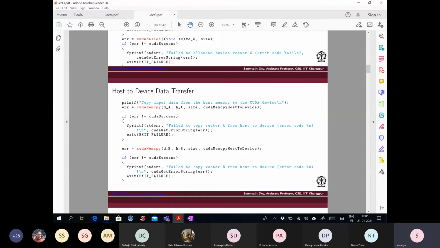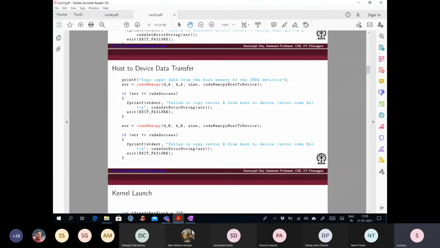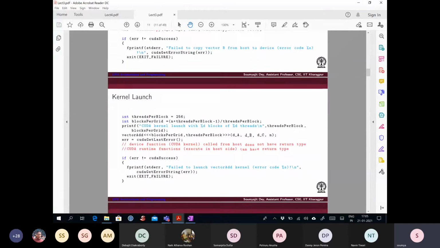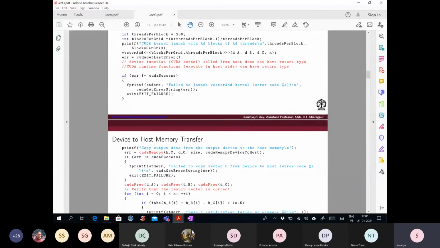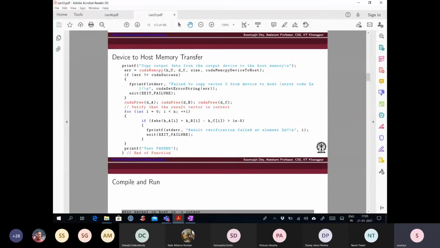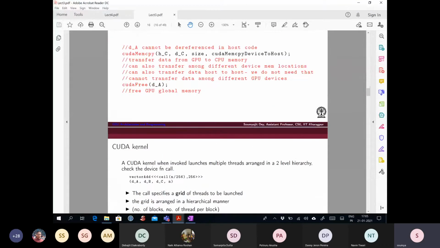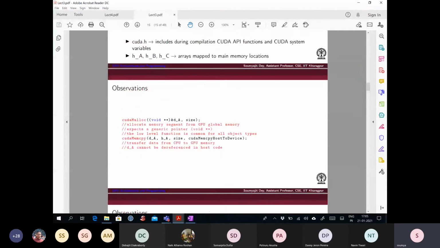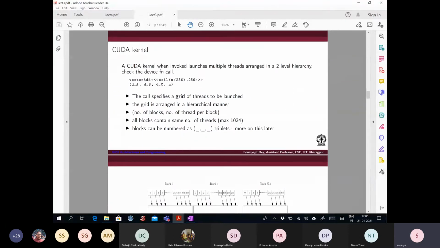And finally, the code also helps you to understand how to copy data from the host side to the device side and get the result back using the CUDA memcpy commands with the flags like host to device and device to host and all that. And finally, how to launch the kernels and overall execute the program, right? So I think you must have gone through these parts in the videos, and overall you understand how the basic programming framework works and what the constraints are.